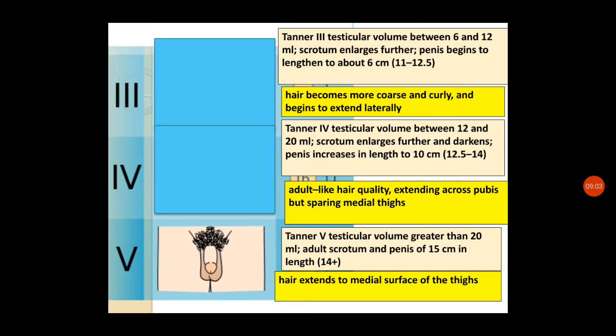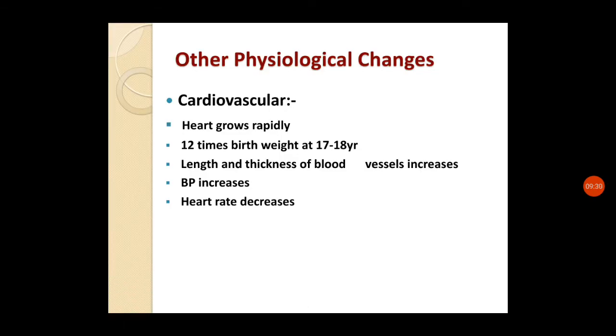More or less it is similar in male and female in the hair growth, but the change seen in addition to the hair growth is breast enlargement in females, and in males we will be assessing the penis length and also the scrotal contents, which is seen in the testicular volume. So hope you all are clear with the Tanner staging, and we will be moving into the other